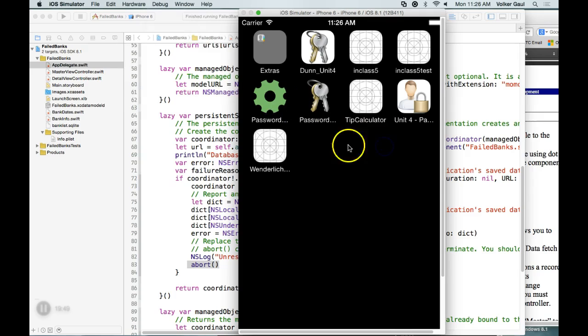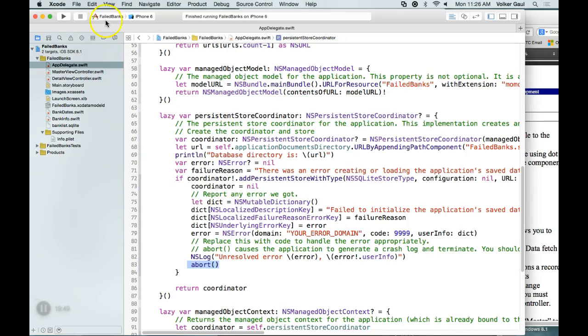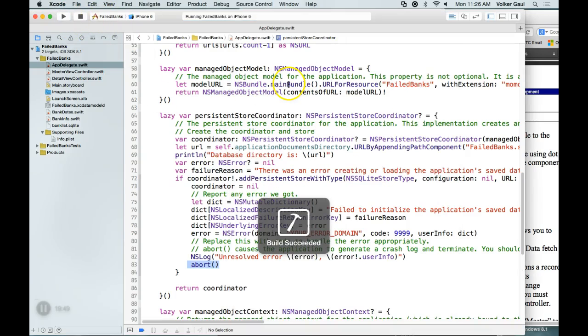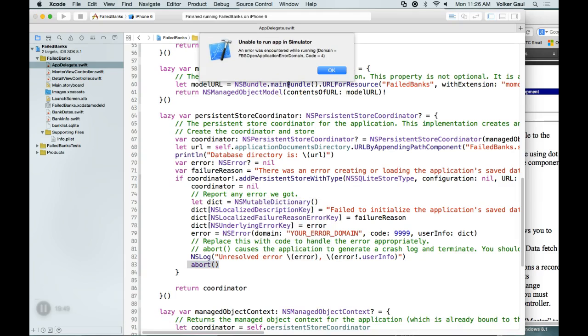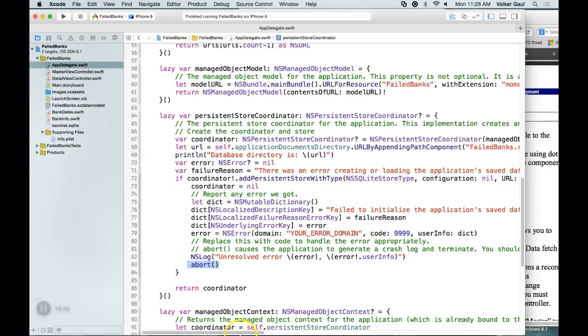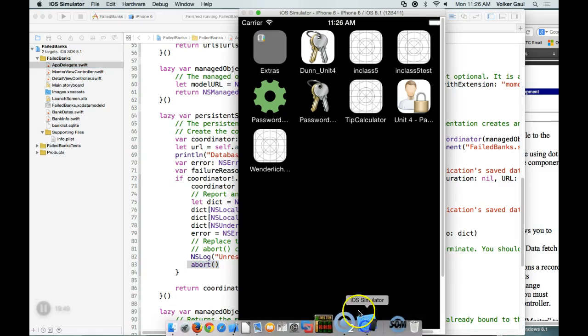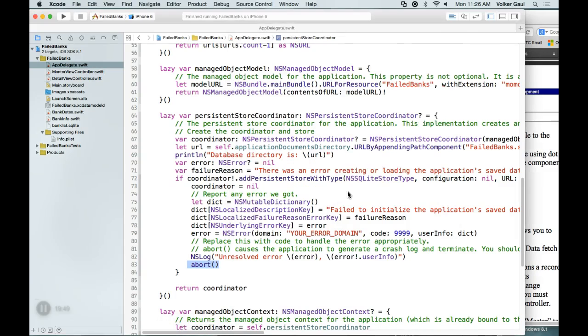So now my app is gone. If you run it again, you should at least get an empty table. Something's wrong with my simulator, so I'm going to kill it altogether and launch it